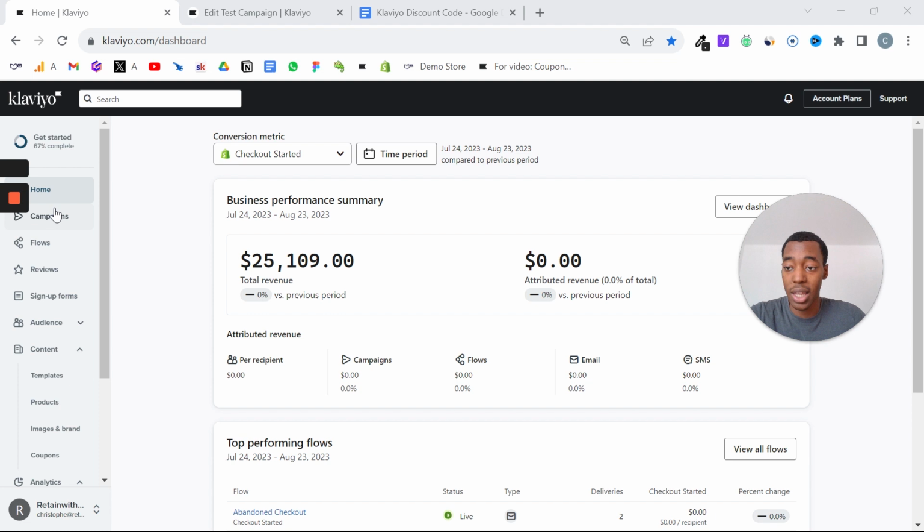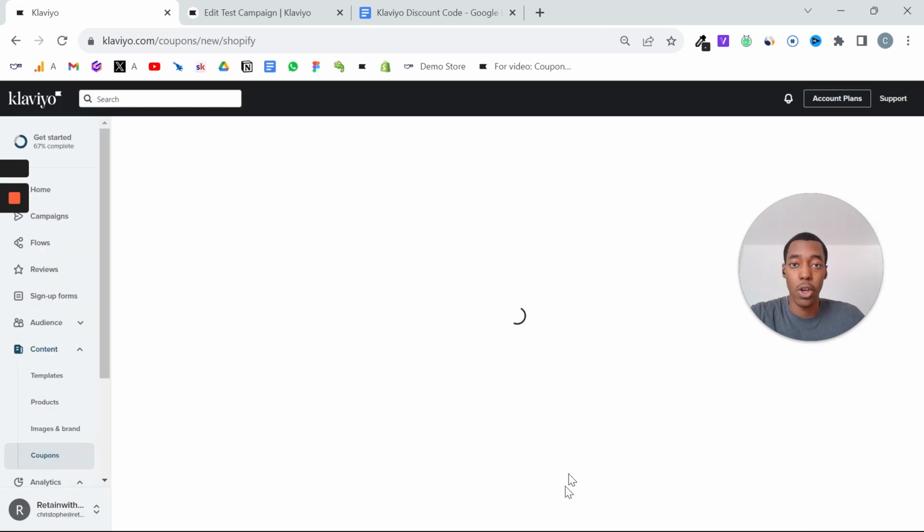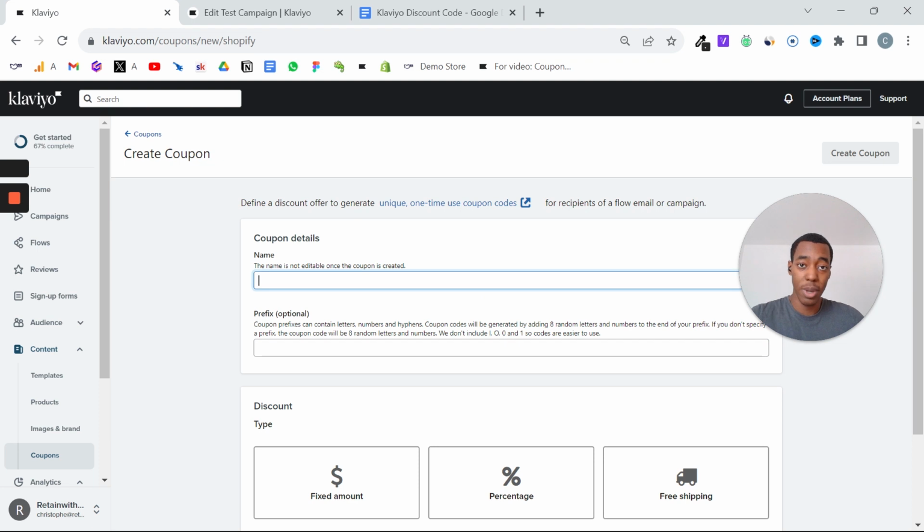You're going to go to Klaviyo, click on content right here, and then on coupons. This is where you're going to be able to create your discounts. Then you're going to create a Shopify coupon, and then you're going to pick a name. Basically choose a name that is going to allow you to recognize which discount is for which email and to act upon it really quickly, because when you have 10 or 20 discounts going, this can be really confusing if you run many flows and many email campaigns. So I'm going to pick YouTube,